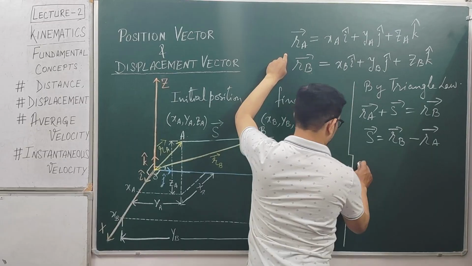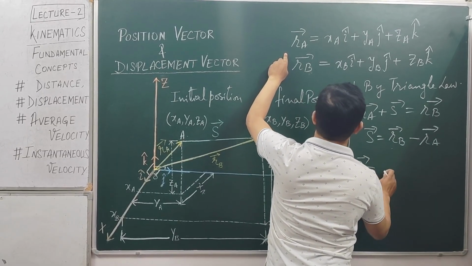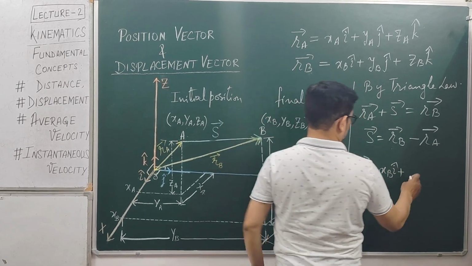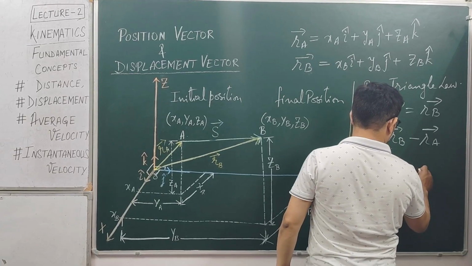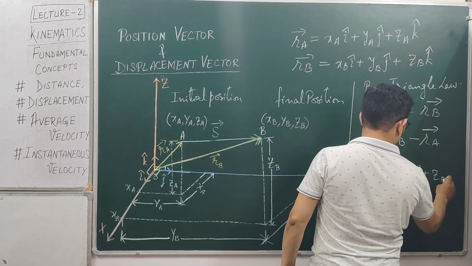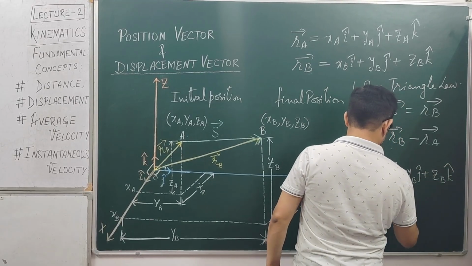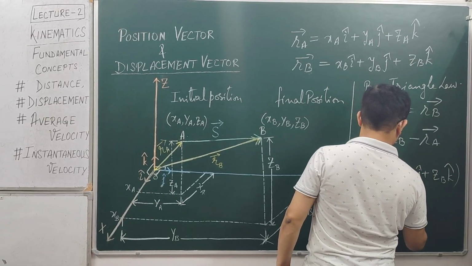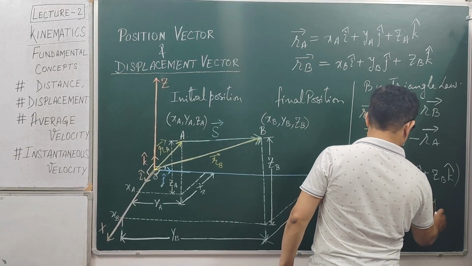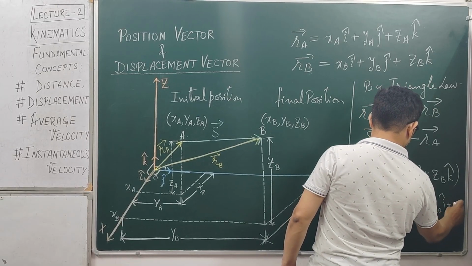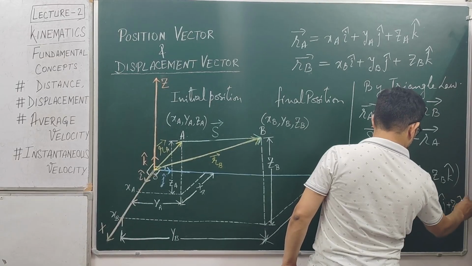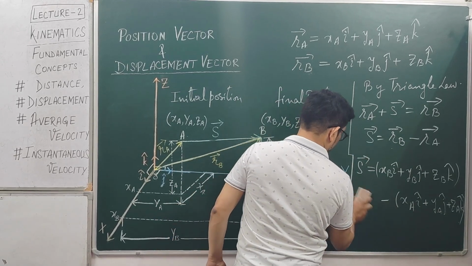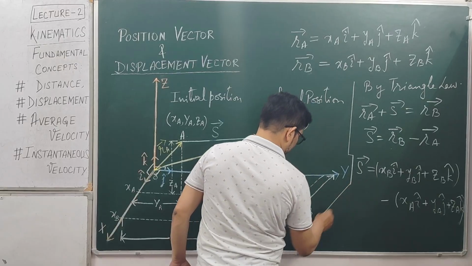We can write S vector is equal to, RB could be written as XB i cap plus YB j cap plus ZB k cap, minus RA vector, which is XA i cap plus YA j cap plus ZA k cap. Okay, so now if you subtract this, therefore we get